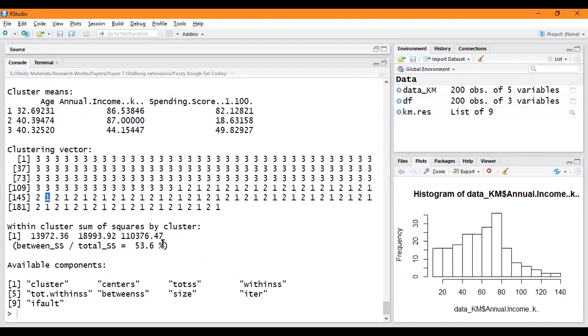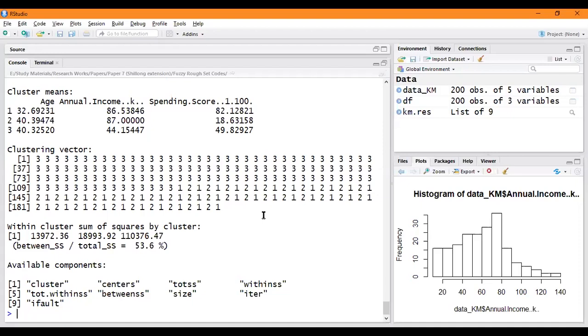Now this will vary depending upon the number of clusters you have chosen. There are several methods to select the perfect number of clusters, because the number of clusters we have selected arbitrarily to be 3. There is a very popular method called the elbow method that chooses the number of clusters, but we will not go into detail of that in this video. So now this is the proportion of within cluster similarity to the total variance.